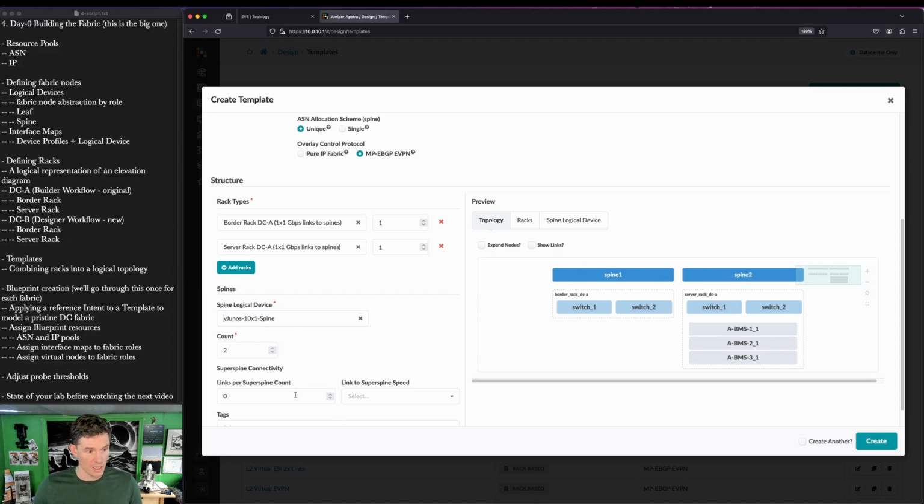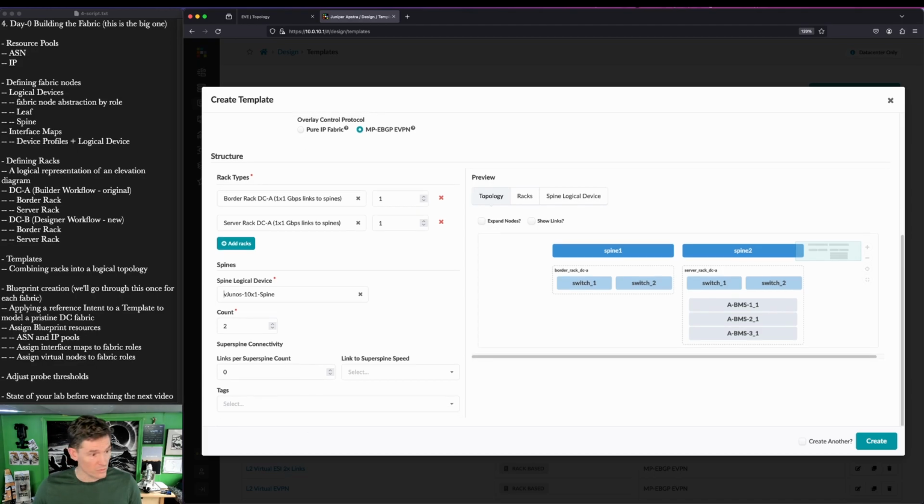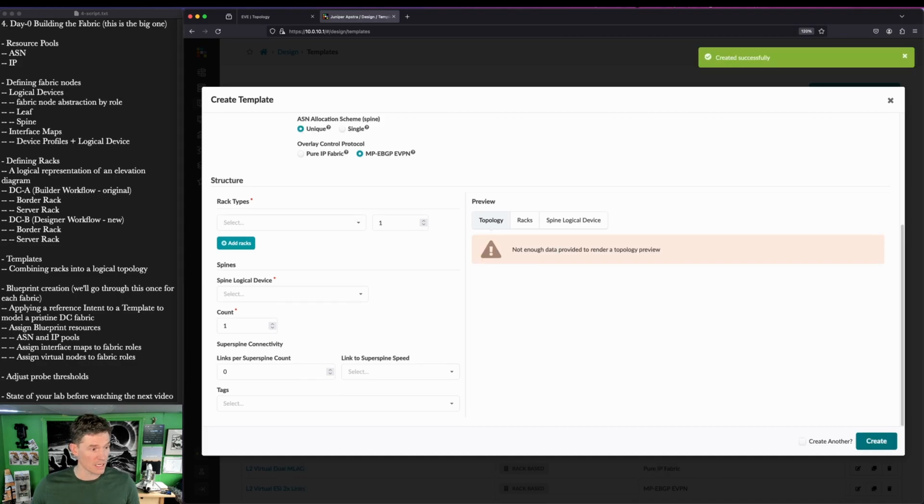And how many? Count links to super spines. We don't have spines, so that should do. Let's show the links. That all looks correct. Create another. And the next one will be for